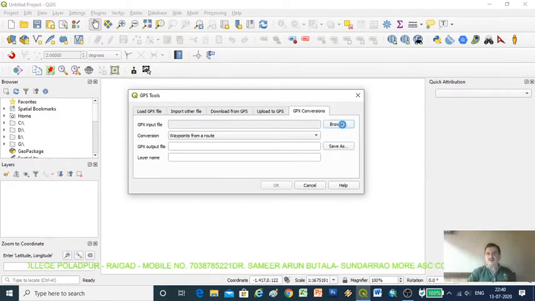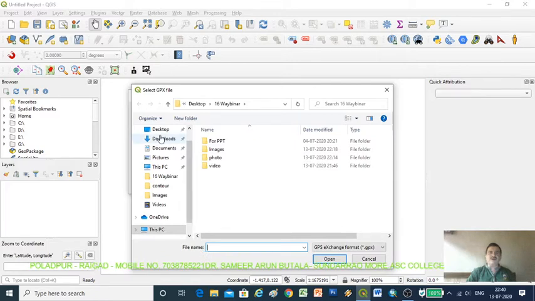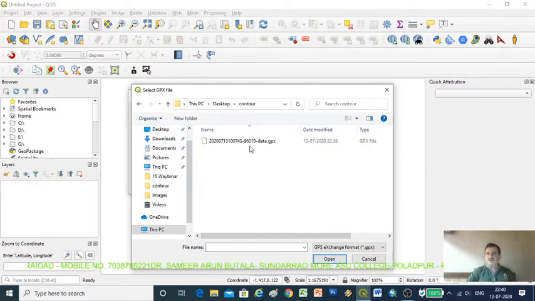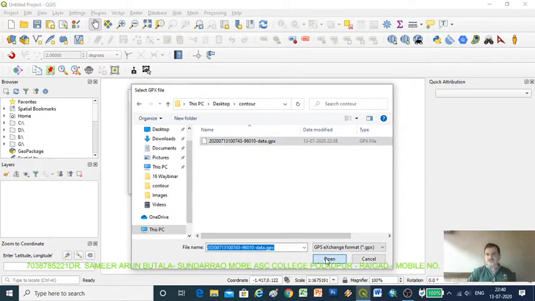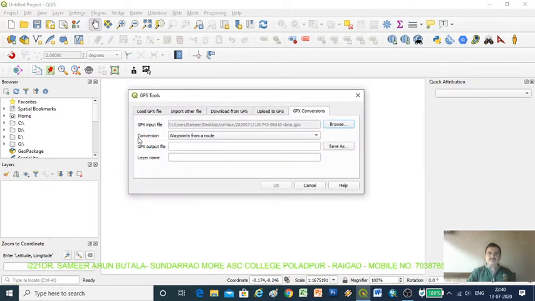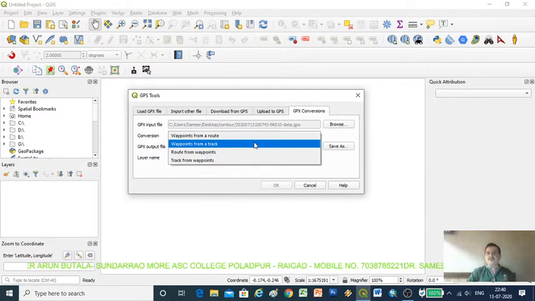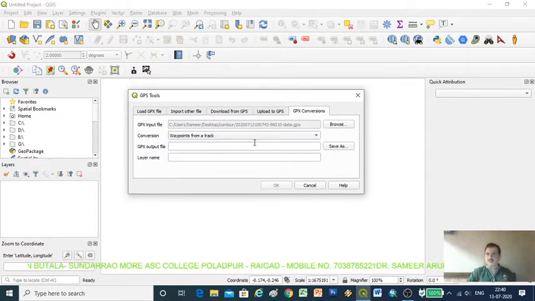GPS input file, click on browse, and our file which is on the desktop, contour. So automatically we see the file. Just click the GPS file which we converted, open it. Okay, then conversion, click here to waypoint or track, not route.